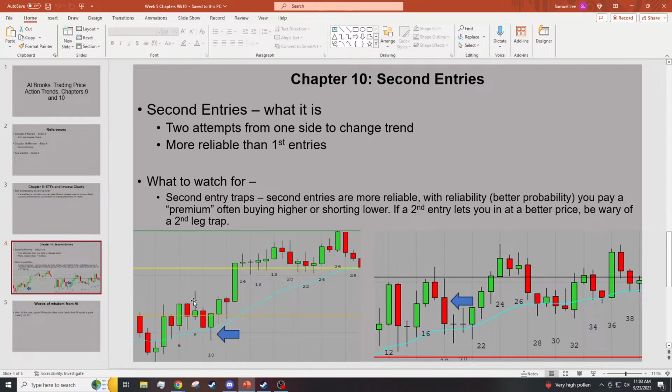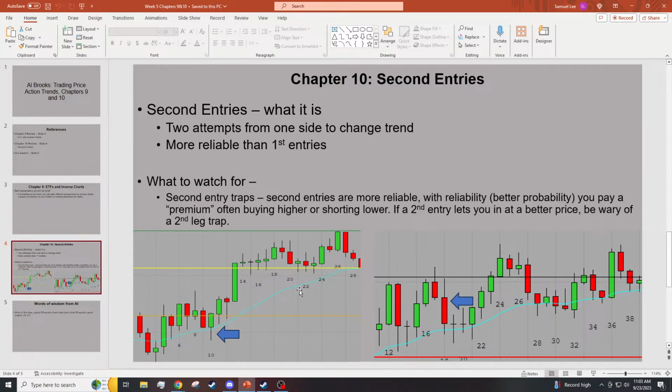And we don't actually pull back until bar 9. So when we actually pull back on bar 9, then you have a second entry long with bar 11, with your signal bar being bar 10. So you either buy the close or you buy 1 tick above. Preferably you buy 1 tick above bar 10. And your entry bar is actually bar 11. And obviously you never know what's going to happen afterwards, but this is a fairly common scenario with second entry buys